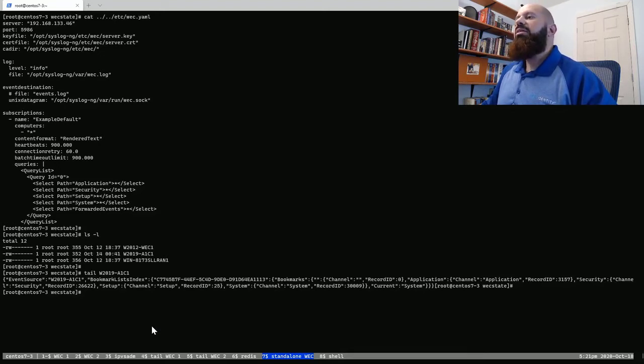And these bookmarks tell you where we are at reading each of the event channels that we're subscribed to. So the event channel last left off at security at this record number, the setup container at this record number, and then at the end, it shows which channel we last received. So currently reading from the system event channel.